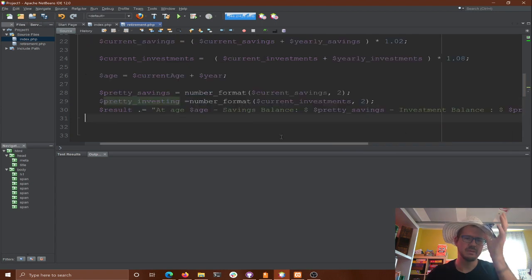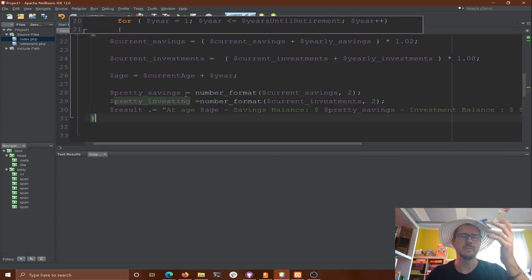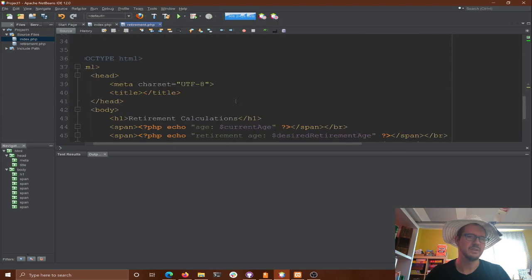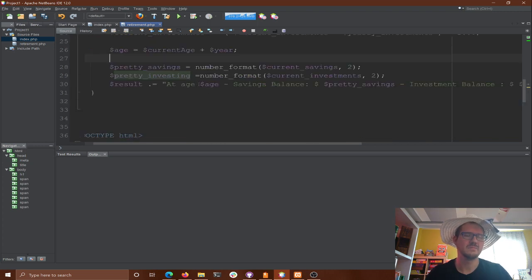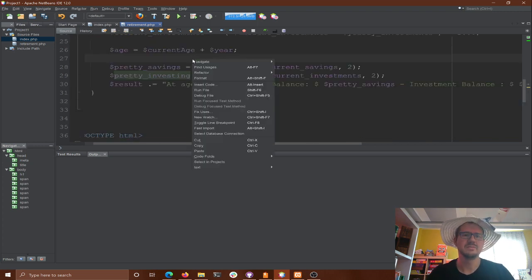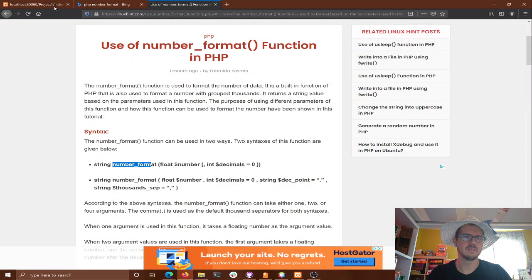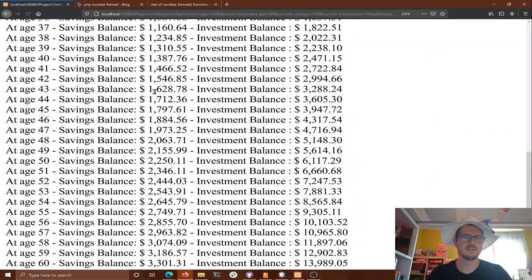That's the downside with having to build it all inside of the loop up here. But that's okay. It's probably all right. We could do a loop inside of here and have echoes in a loop. We could, but this is probably just as easy. Let's see. There we go. That looks a little prettier.